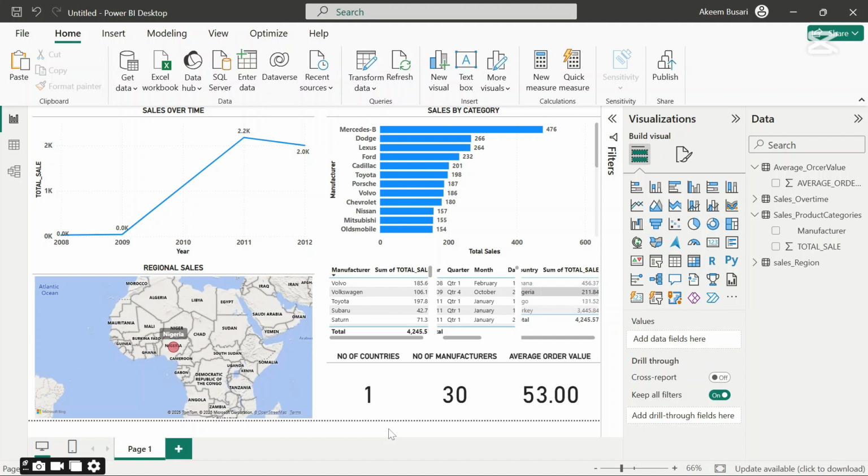We can see the regional sales, and we can see how many countries we have, how many manufacturers we have, and the average order value that we have, and we can see the trend. So now that we are done with our dashboard, with our report creation,